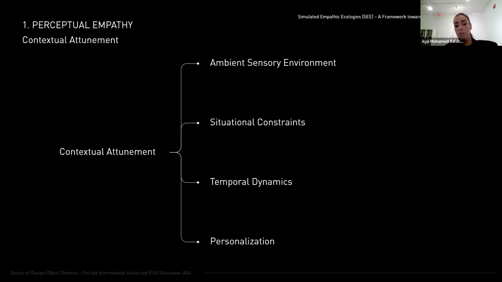Lastly, personalization, and this feeds into the interactional approach overall to these environments, which is basically embracing the unique emotional baselines, preferences and histories that define individual experience, and resisting that logic of generic models that are just imposed, allowing the occupants to have more agency and a more collaborative approach to the design and the experience of their spaces as well.